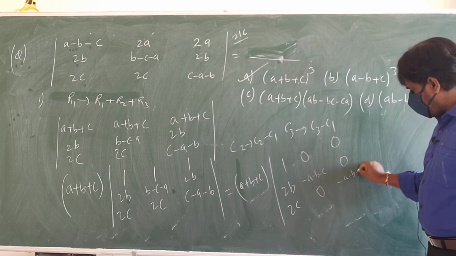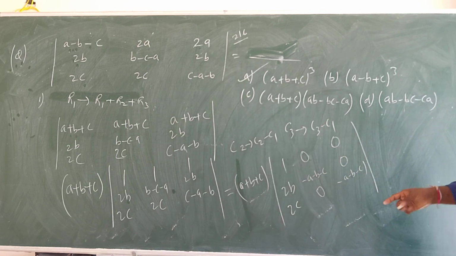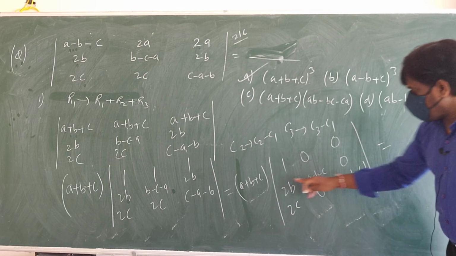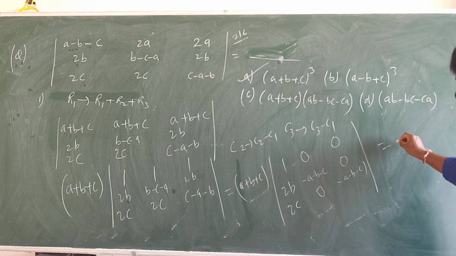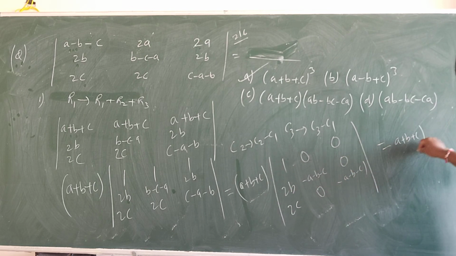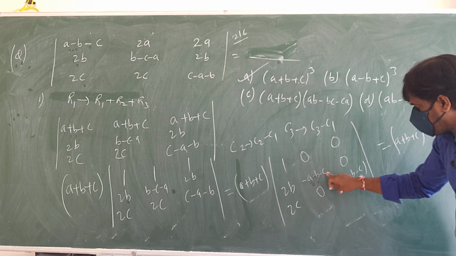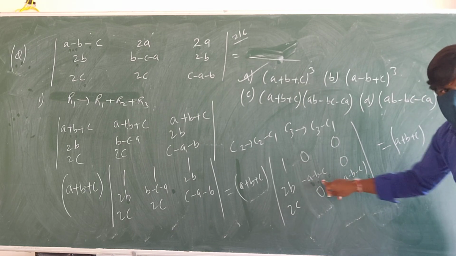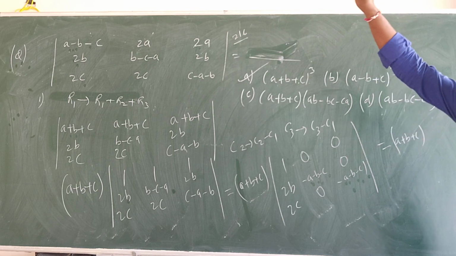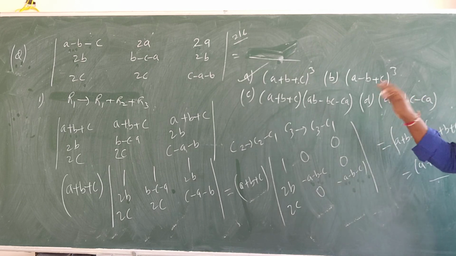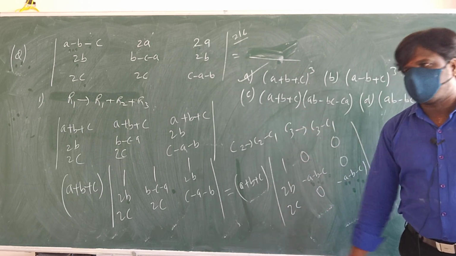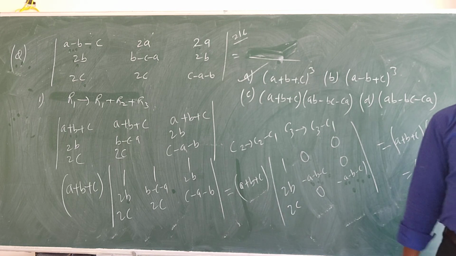Minus A minus B minus C has come. So what you got here? See this. If I take minus common, and open the determinant, outside there is A plus B plus C. Here I take minus common, A plus B plus C. Here I take common, A plus B plus C. The multiplication of these two gives A plus B plus C whole square, and 1 into this. So you get A plus B plus C whole square. Finally you get A plus B plus C whole cube. Why I explain this: such questions are asked in boards also. So you should know the boards pattern also. Correct?